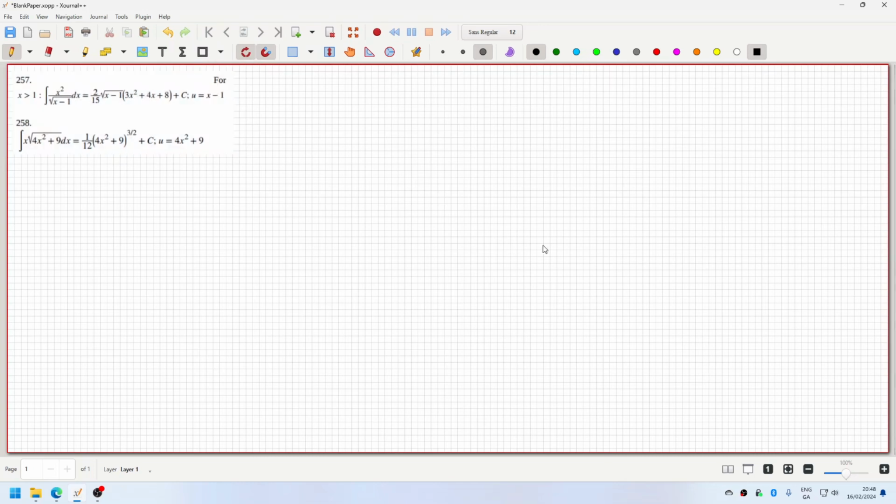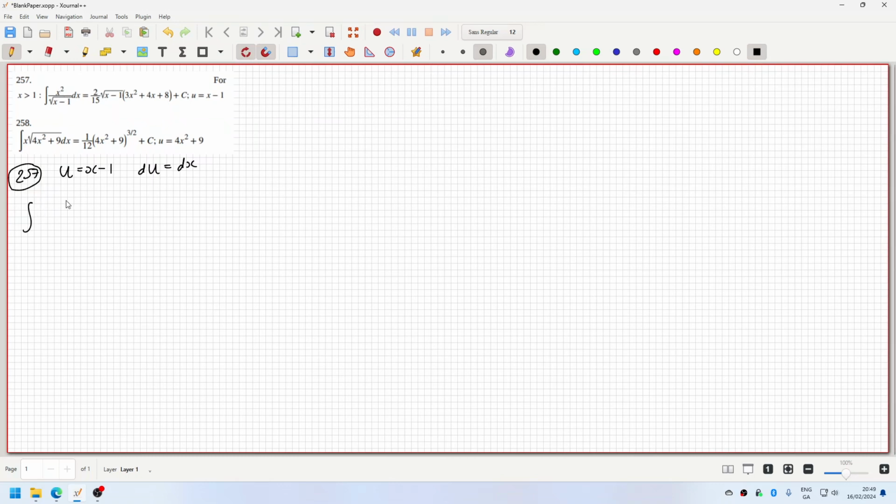Okay, let's have a look at this one here. So in 257, we want to use the substitution u equals x minus 1. This has the advantage of meaning that du equals dx. So the integration would become x squared